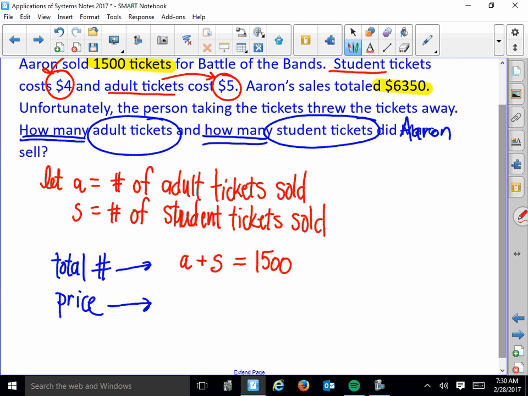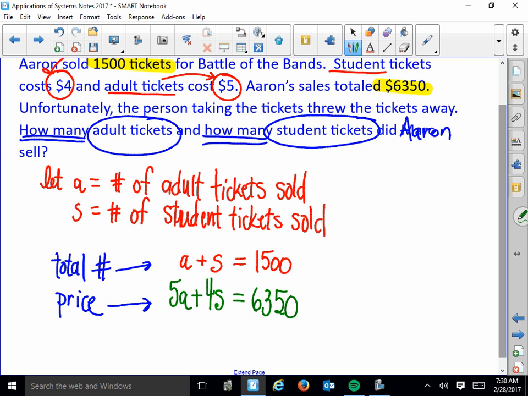But I also know information about how much each type of ticket cost and the total cost. So my second equation: I know that the student tickets were $4 and the adult tickets were $5. So $5 for every adult ticket sold plus $4 for every student ticket sold, and the total sales was